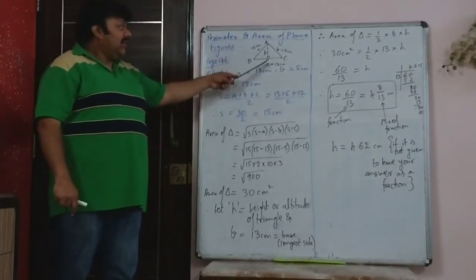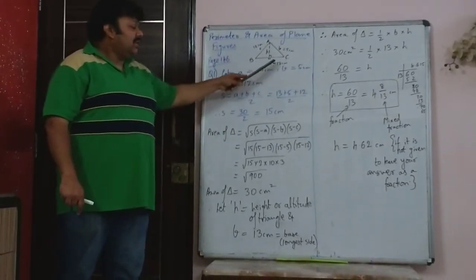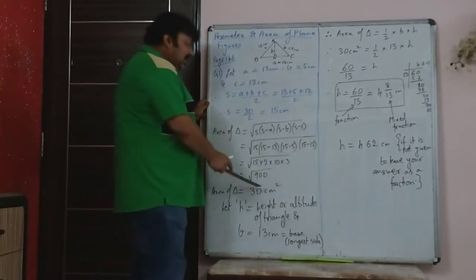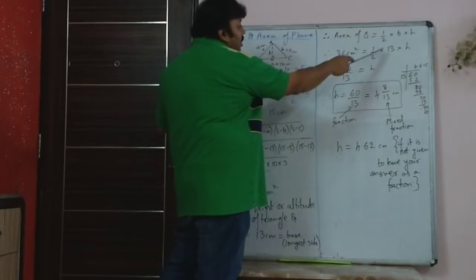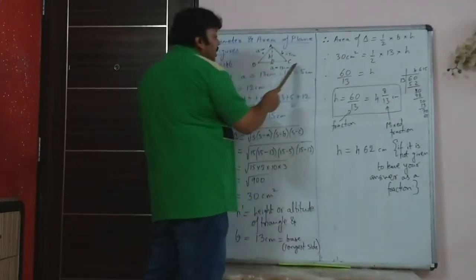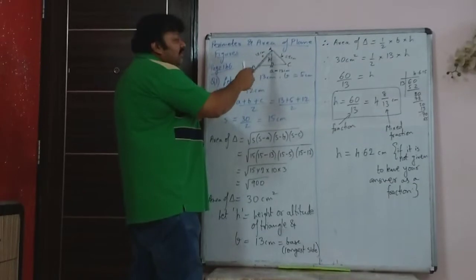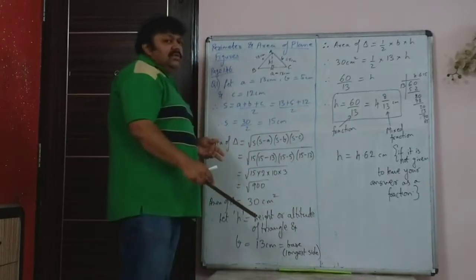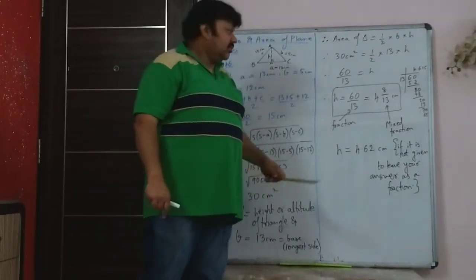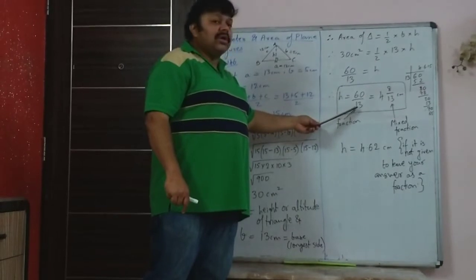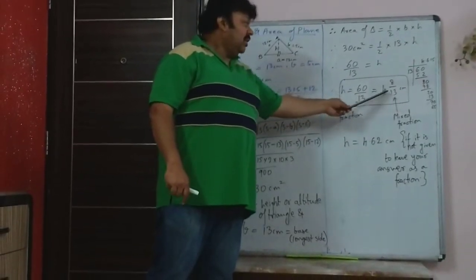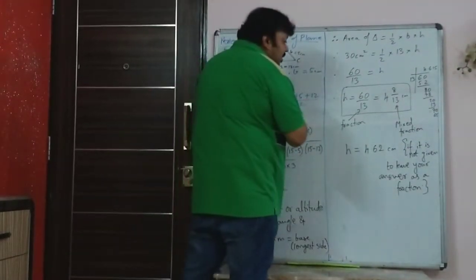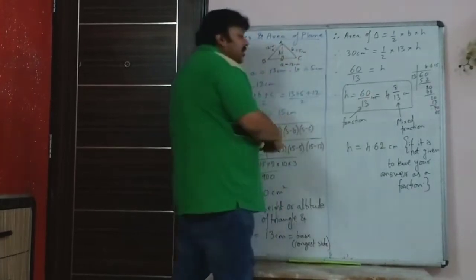So now we have taken h as the height with BC, that is a, the longest side, as the base. So this 30 centimeter squared area is also half into base into height. You are taking the longest side as the base, so h is the height, so we get height is 60 upon 13. In this question, the question says leave the answer in fraction. So this is the fraction 60 upon 13. Mixed fraction will be 4 8 by 13. And that is also in centimeter. Here also you should write centimeter.